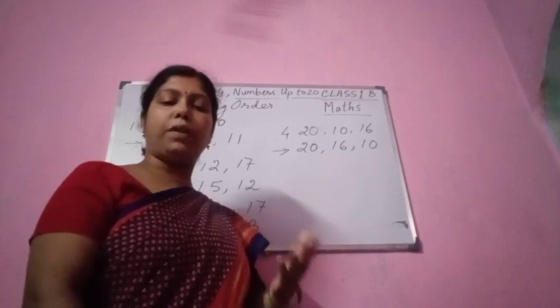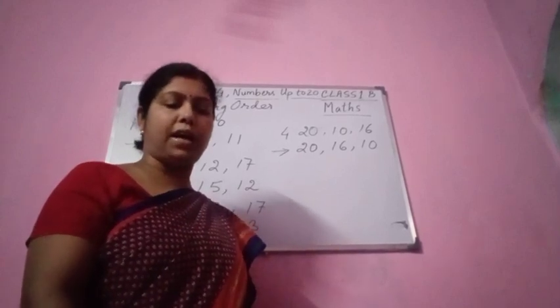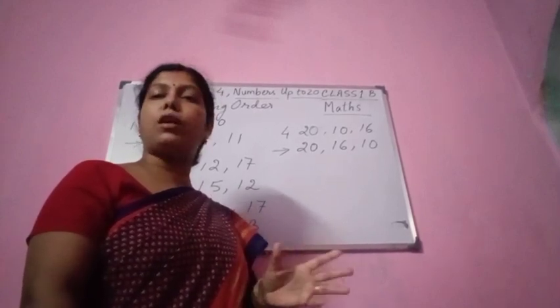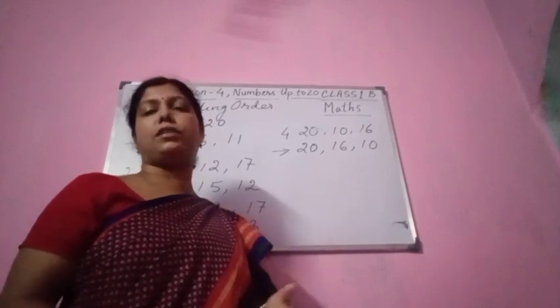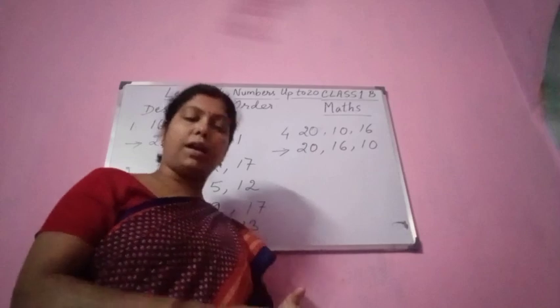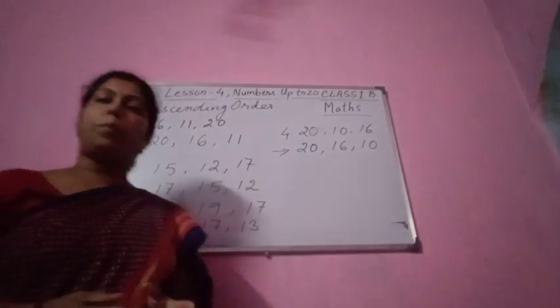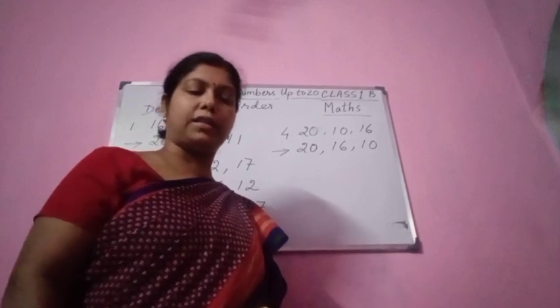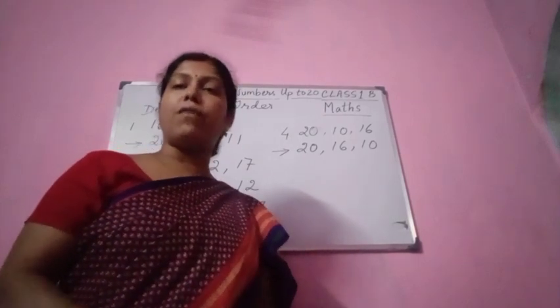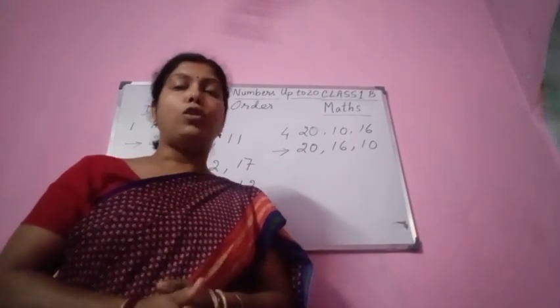What comes before, between and after we have done. Use comparison signs, smaller or greater, to compare the numbers. You do ascending order and descending order. In today's class we have done all these things. So please do it. Practice time you have to do in your book itself. Okay students, so we have completed lesson 4.